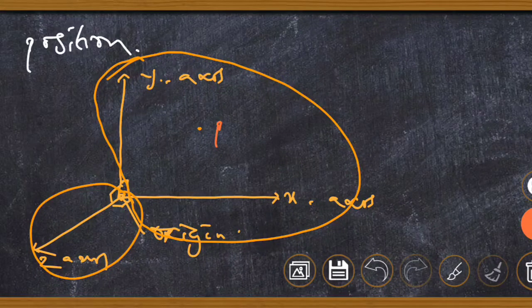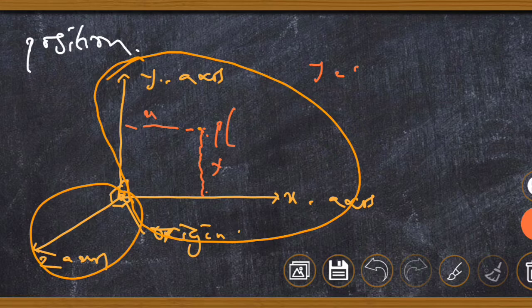This object can have a distance relative to the parallel to the y-axis, and it can also have another distance parallel to the x-axis, whereby the distance from here to here is taken as my y, while the distance from here to here is taken as my what? X. This my y is known as the ordinate, while my x is known as the abscissa,